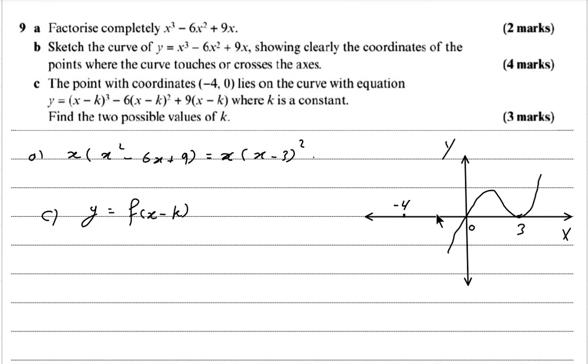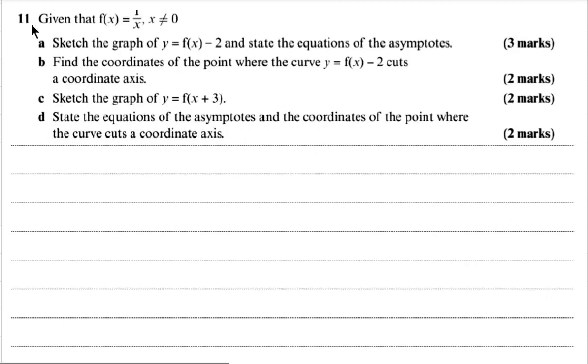The first case, 0 and 0 will move to be negative 4 and 0. And in this case, k of course will be what? k will be negative 4 because we want inside the bracket to be x plus 4, and this means that we will move the curve 4 units to the left. And for 3 to move to this point, we need k to equal negative 7, k equals negative 7. Question 11, given that f of x equals 1 over x, x doesn't equal 0,